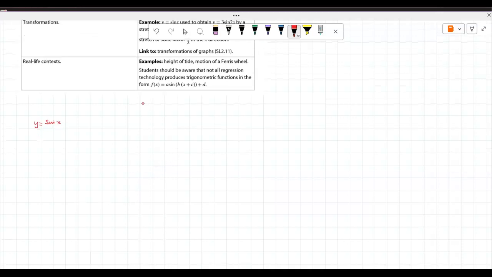Now one cycle, remember it's a periodic function. The trig ratio,